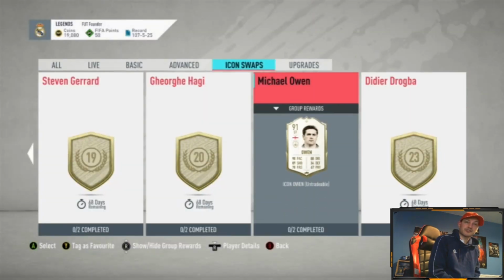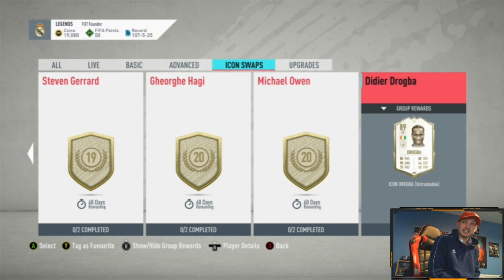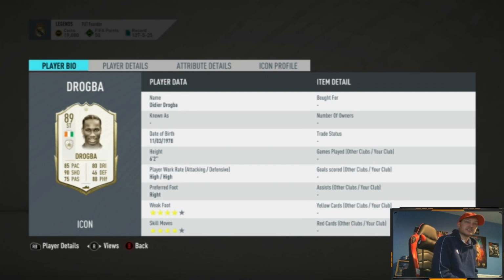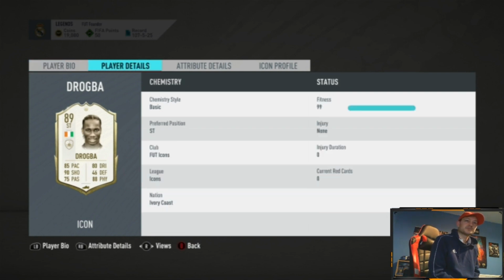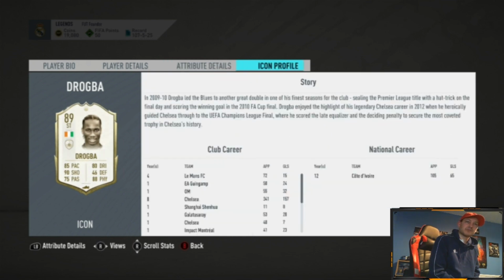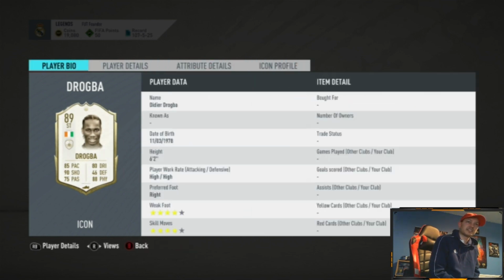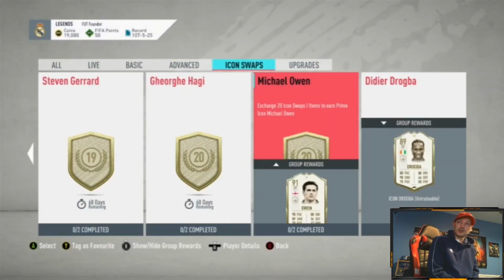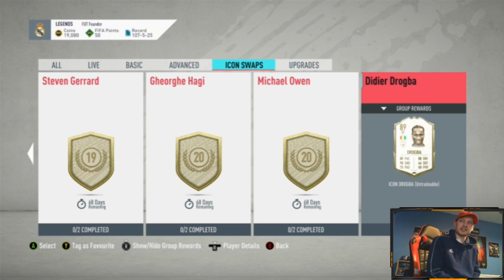You're going to have to grind for 20 for him, and you might want to go for someone like Drogba, who's got that more physical presence at 6'2". He's got the weak foot and the skill moves. Probably a little less of the pace, but still quite okay with the pace for his size. He's got 93 finishing. You can whack a hunter card on him and he might be even more beasty. This is a lot of the ones that a lot of YouTubers are recommending going for, but